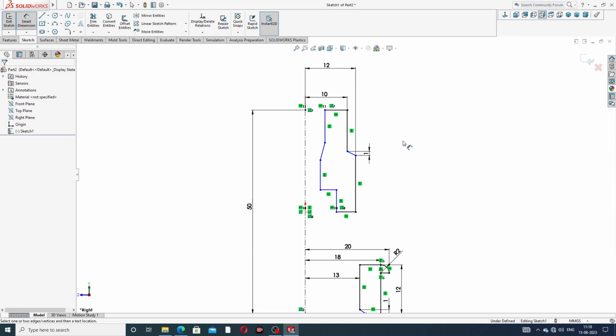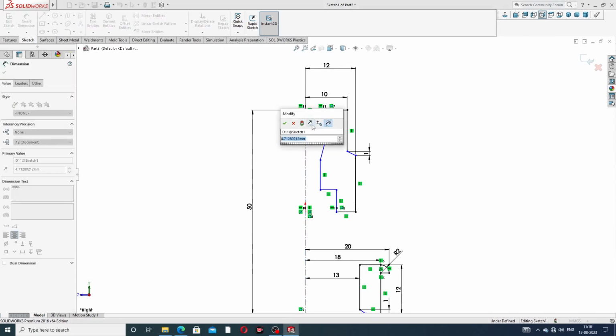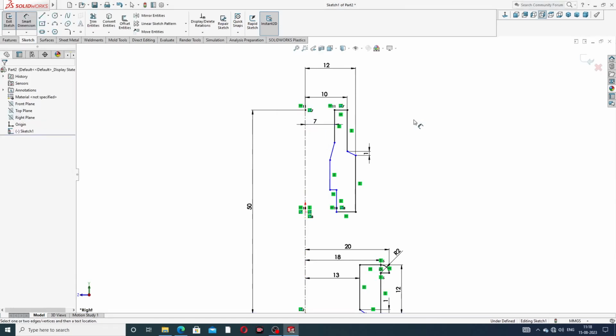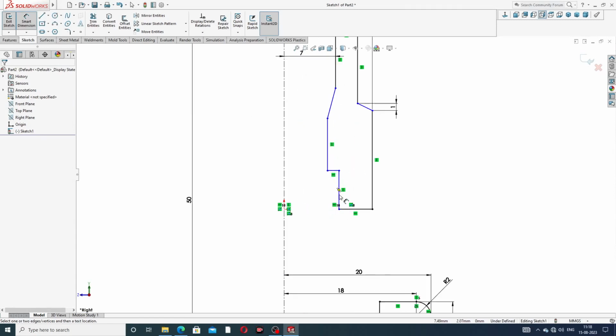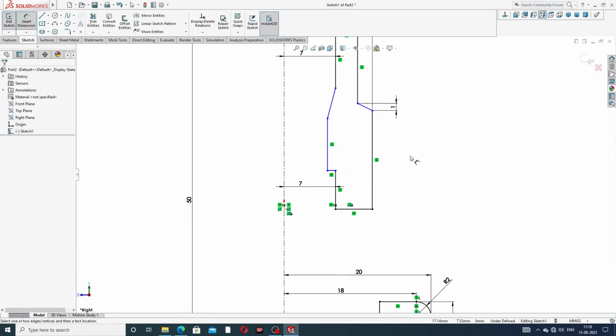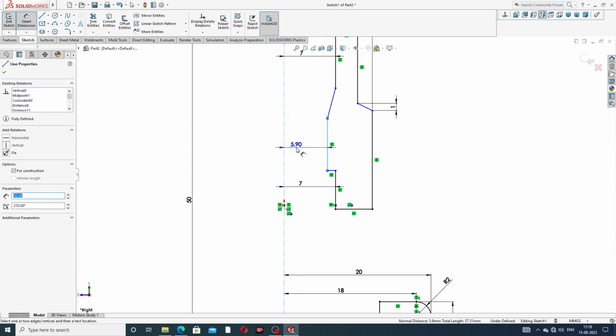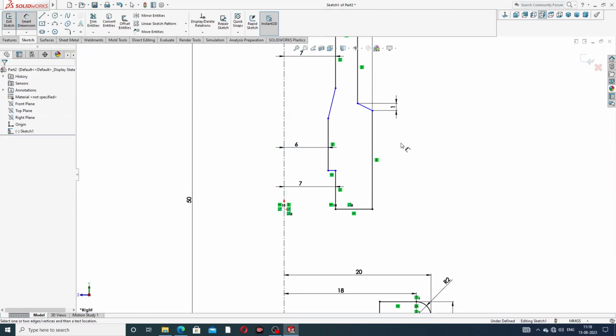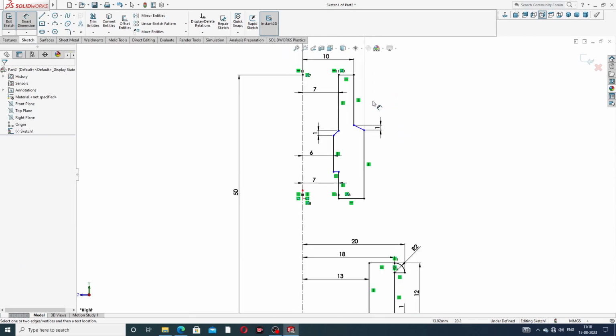Okay, all is perfect, and this is 7 mm is perfect, and also this is 7 mm, and this is 6 mm. Okay, and this line is also 1 mm, perfect,